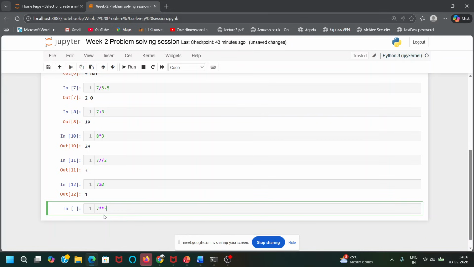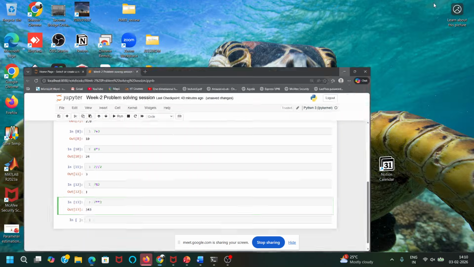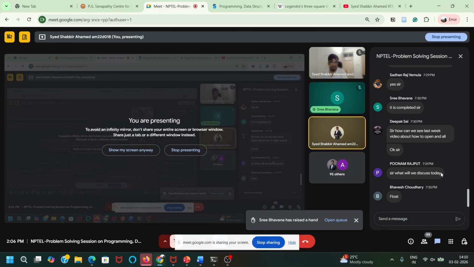Remember this: in some other programming languages, the caret or hat symbol is used, but here in Python, we use 2 stars to do power. So these are some operations you can do with int and float.